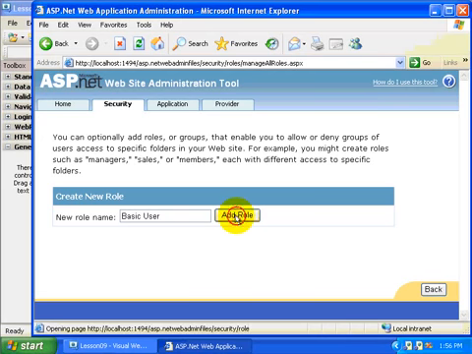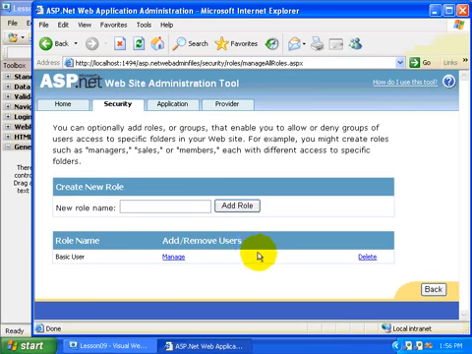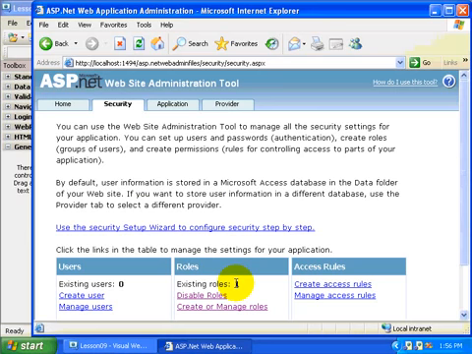In this case, I'm just going to stay very generic and just call them a basic user and click Add Role. Okay, so once I click the Add Role button, you can see the list of roles that are available from the list on the Security tab. You can see the role name, or I can add or remove users to that role, or I can delete this role altogether. All right, I'm going to click the Security tab or use the back button in order to view this screen again. You can see I have one role. I need to start creating some users. So to begin, I'm going to create